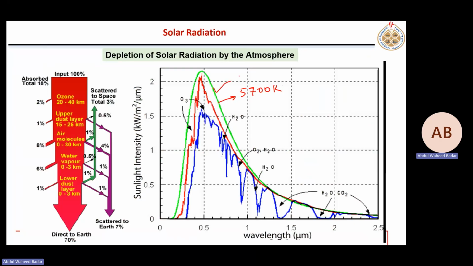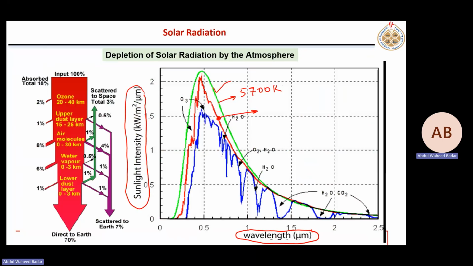We can obtain this curve, the intensity of energy versus wavelength. That is the black body curve, and this green one. The red curve, this one, represents the solar radiation